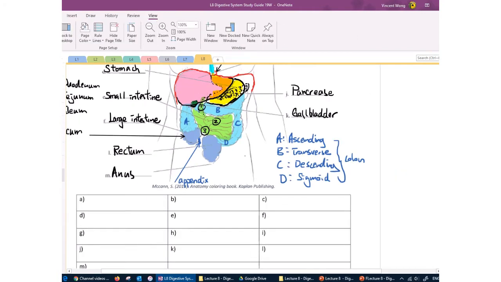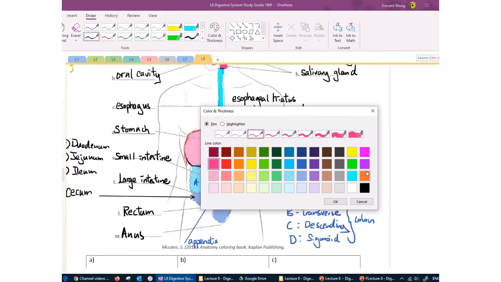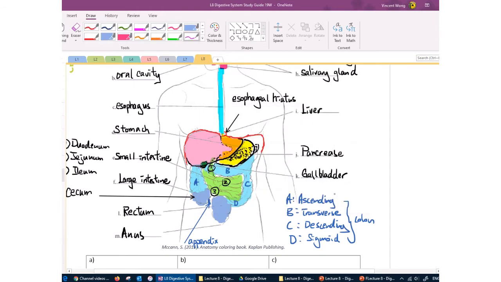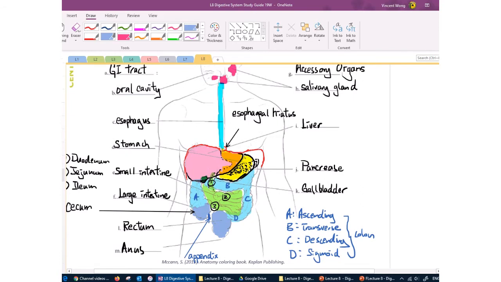All right. So just a few more things to add to this diagram. It's already a little bit busy, but I think it's important that we add the following label as well. The food, of course, is supposed to go in one direction from the mouth to the anus. Sometimes it does go backwards if we vomit, for example, but for the most part, it's supposed to go forward in a single direction. So there are several sphincters along the way that keep things from moving backwards. Sphincters are kind of like valves, and so we're going to label the 4 sphincters. There is one right here at the top of the stomach. That one is called the cardiac